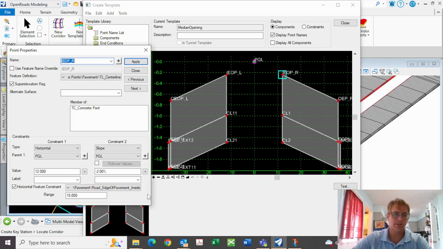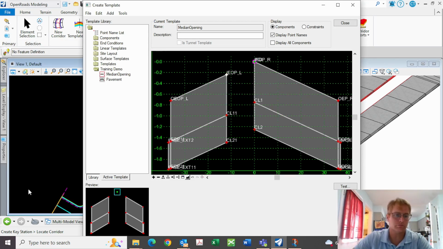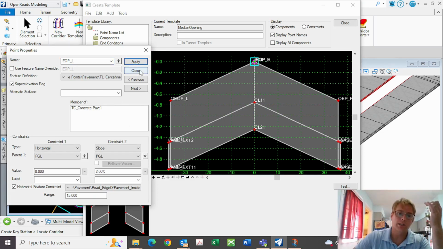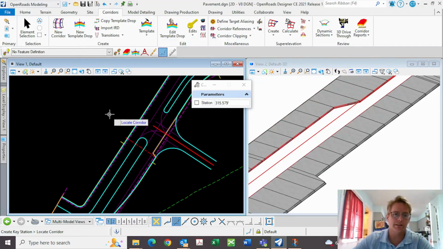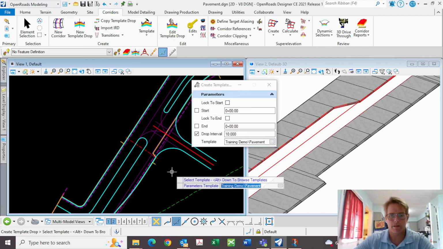And we'll change these offsets. 0. Apply close. 0. Apply close. File, save, close. Now we can take that template, add a new template drop to our corridor, and we're going